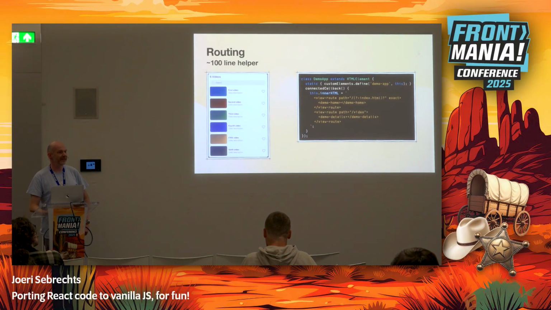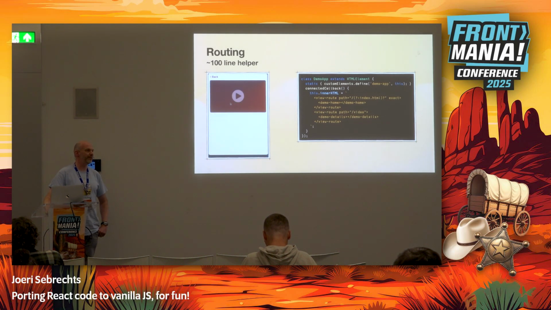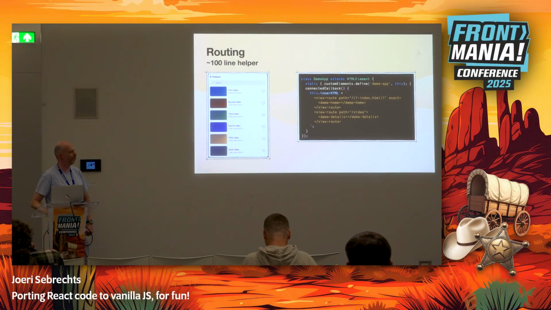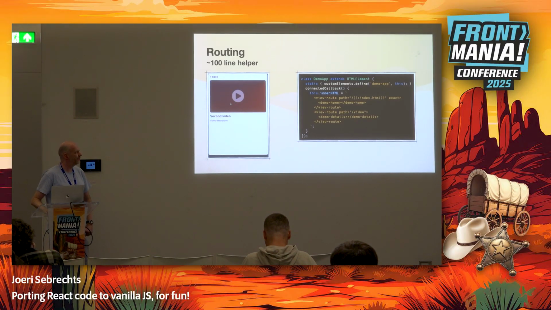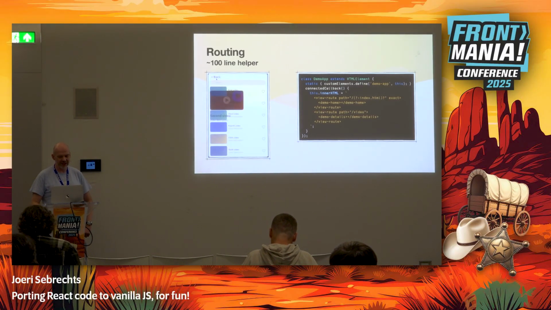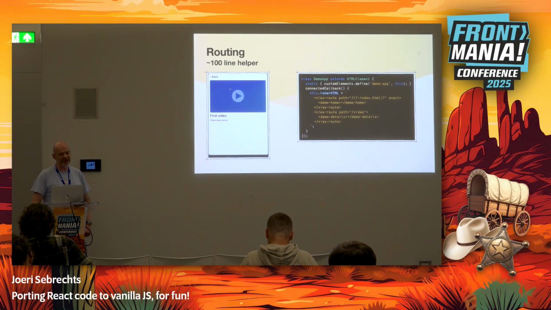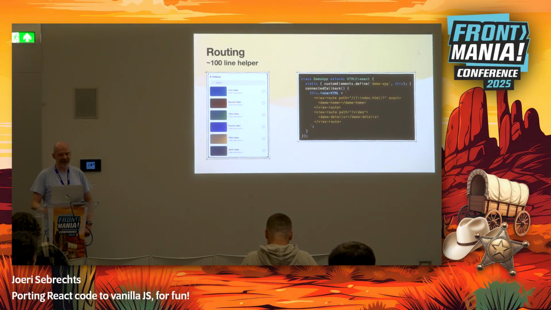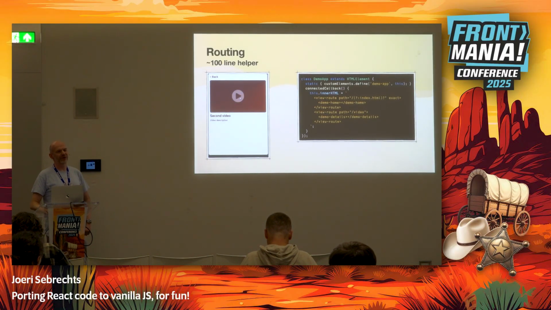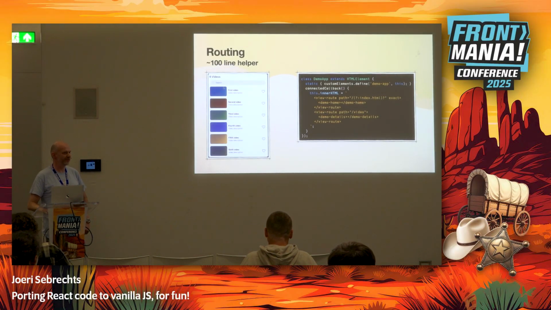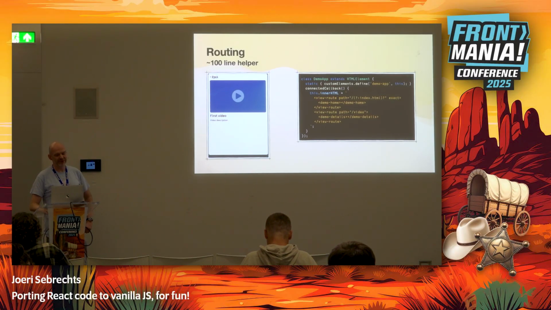All right, routing, client-side routing, another one of those typical things. You would use React Router, for example. Well, we can have custom elements that just implement routes, and they can watch what is the current location of the page. And if that location matches the expression of their route, then they can show their children, and if it's not matching, they can hide their children. So that does not do the same job that React Router does, and I will not pretend that it does, but it does do the job that a lot of applications need, which is a lot less fancy